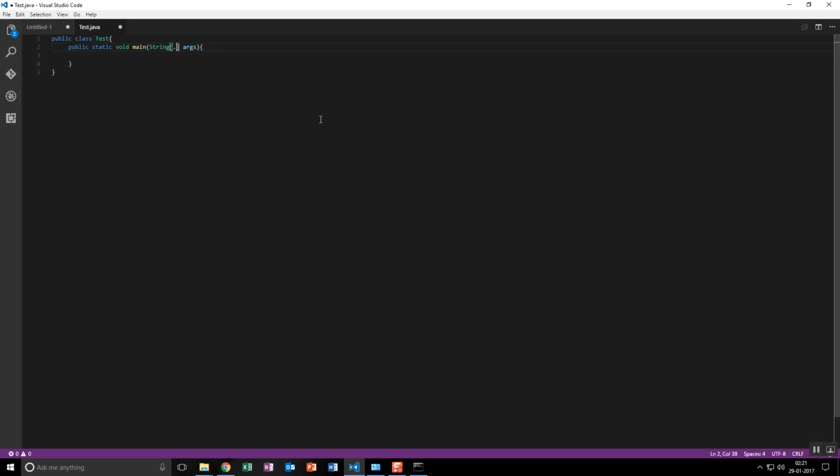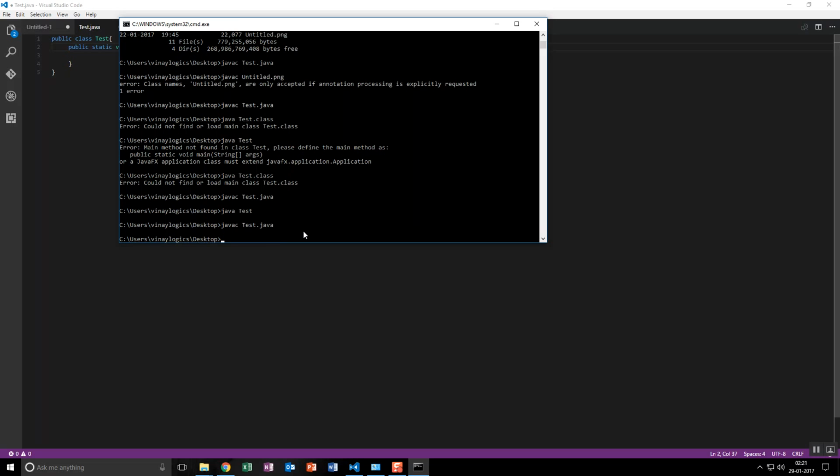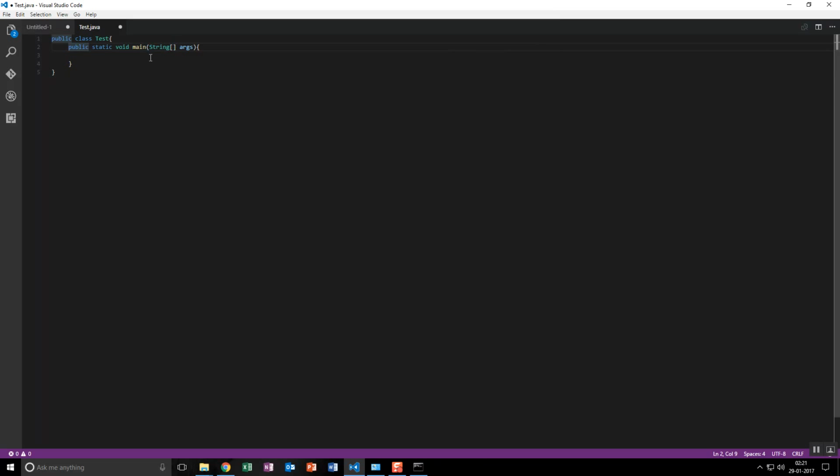This is also the same as dot dot dot. Three dots also create an array. You can specify either dot dot dot or square brackets. It doesn't matter because the JVM considers both as an array. Fine. Now we'll print it out.